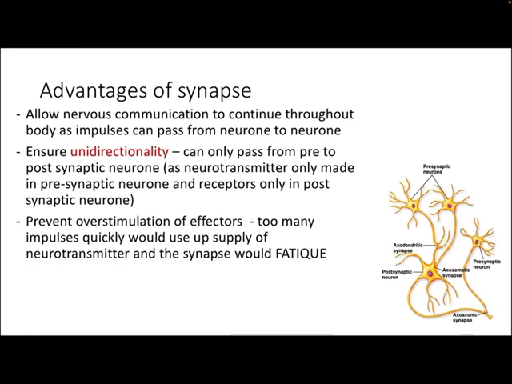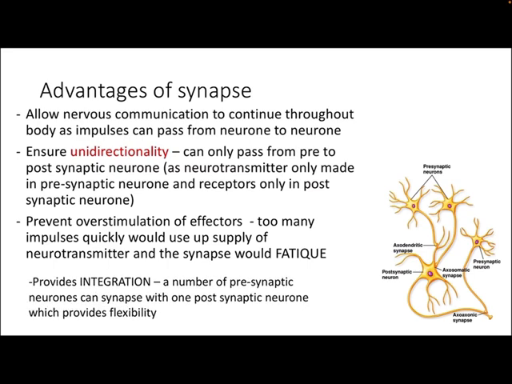It prevents overstimulation of effectors. If there were too many impulses too quickly, then the supply of the neurotransmitter would be used up and the synapse would fatigue. And it provides integration, which is what the diagram is showing you here. A number of presynaptic neurons can synapse with one postsynaptic neuron, which will then provide flexibility. So think of information coming from lots of different places,